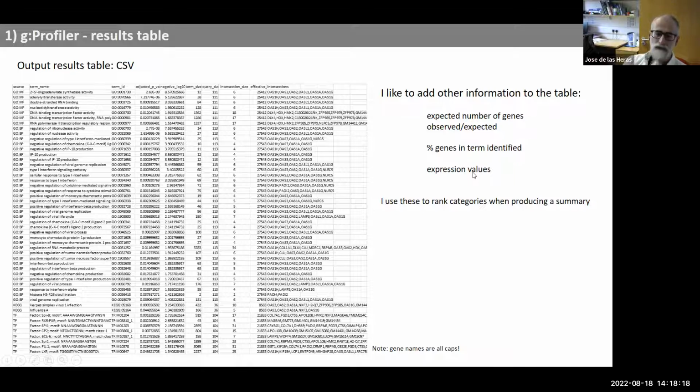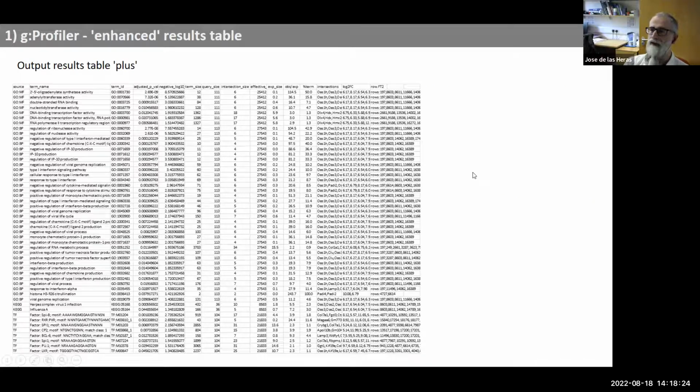And I like to add also things like the expression values for all these genes and so on, so I can use them for ranking. So this is the modified version that I have. I calculated how many genes you were expecting, the ratio of observed to expected, the percentage of genes in the term, and then, in this particular case, I have the log2 fold change for the